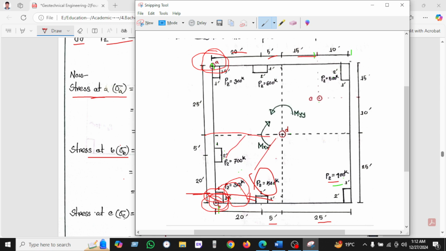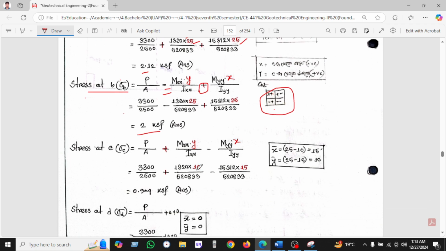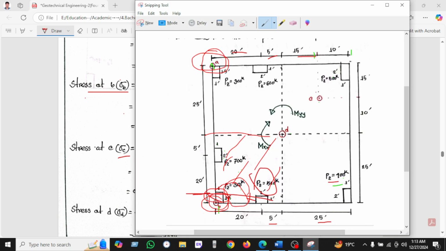So we can shade it here. These are the minus and plus. That's why we will use minus and plus, and found 2 ksf. And now we'll calculate the stress at C. This is the point of C, and we'll use